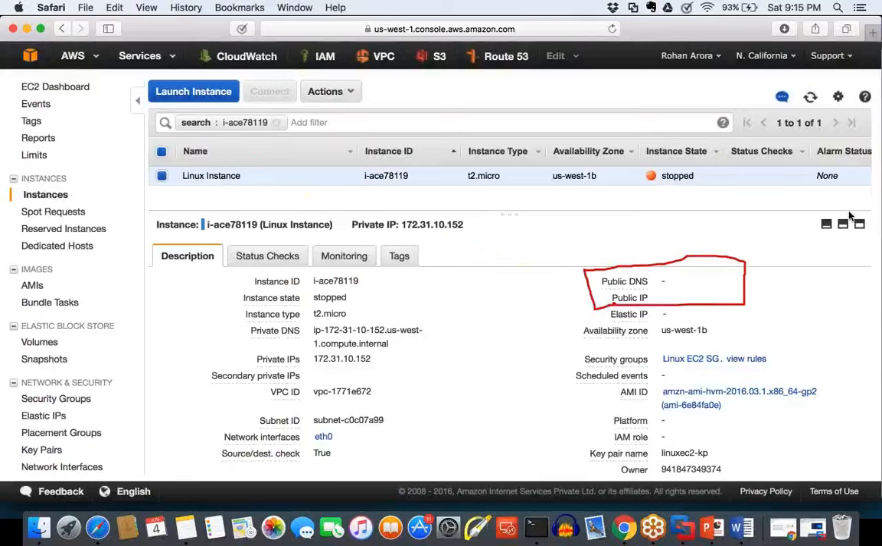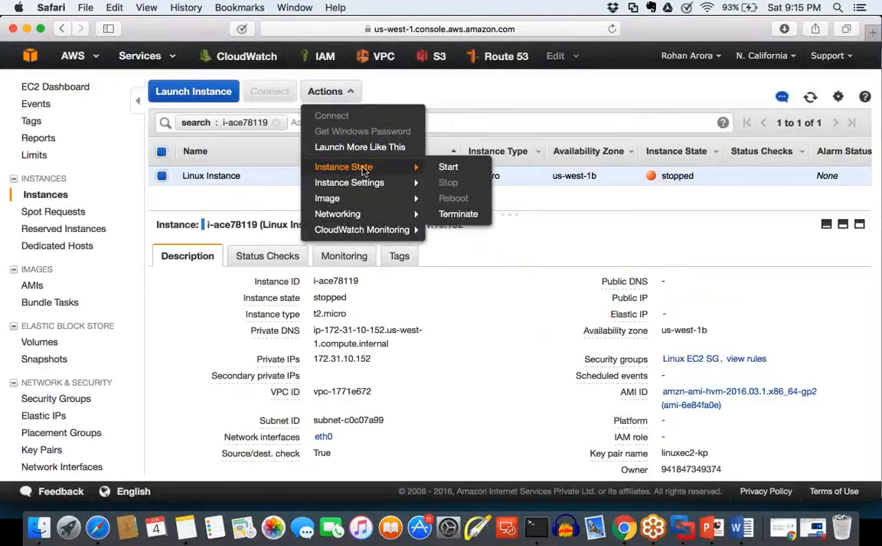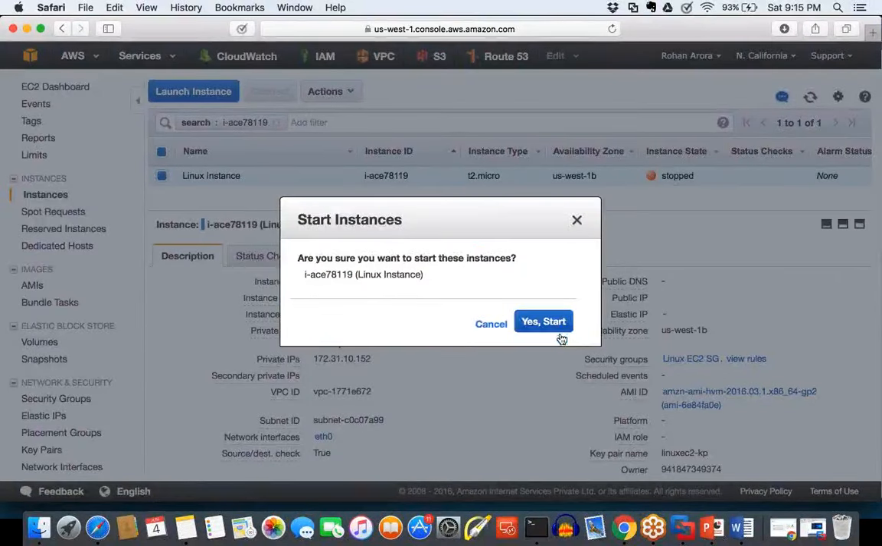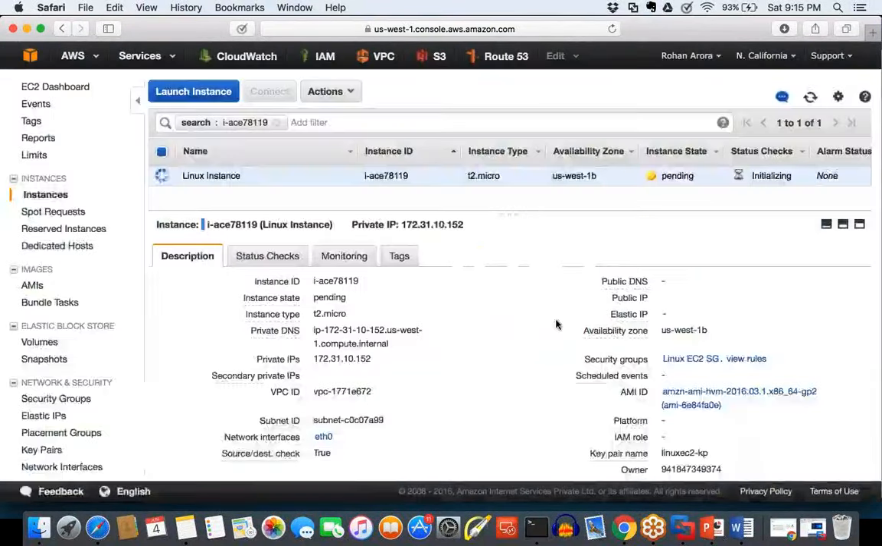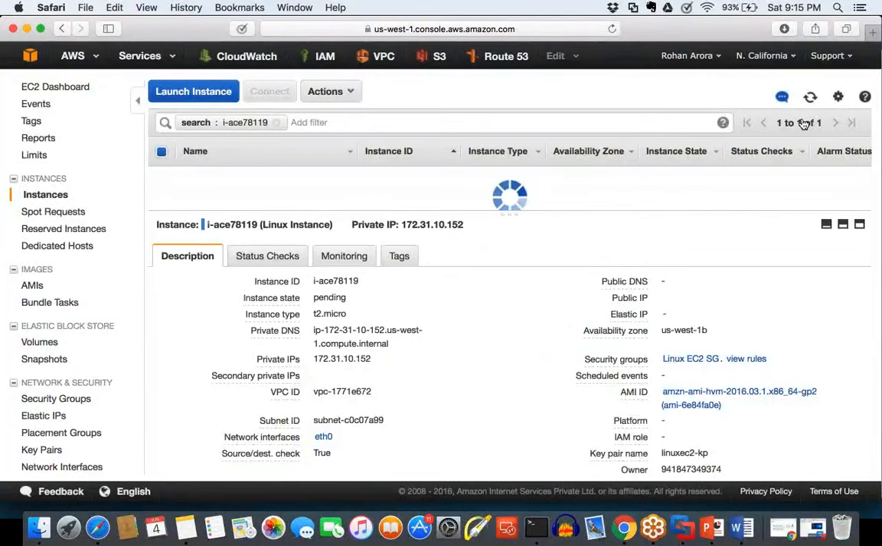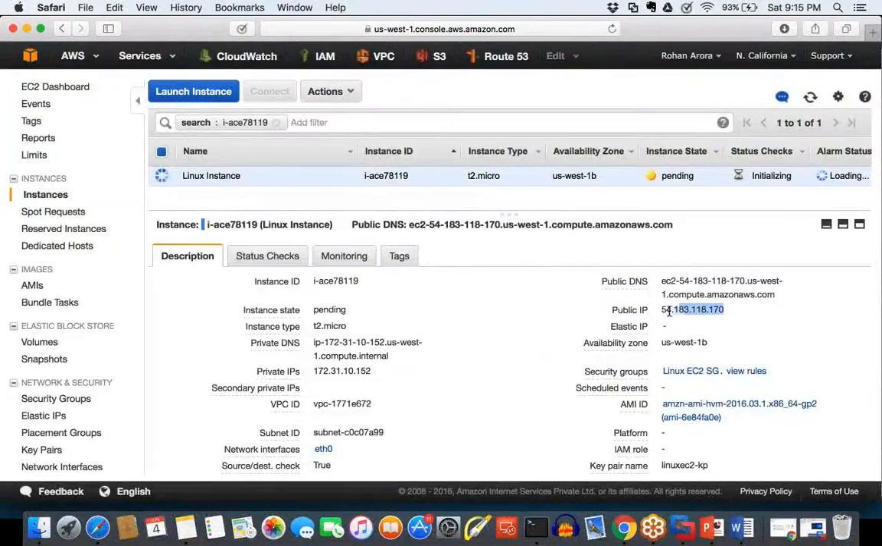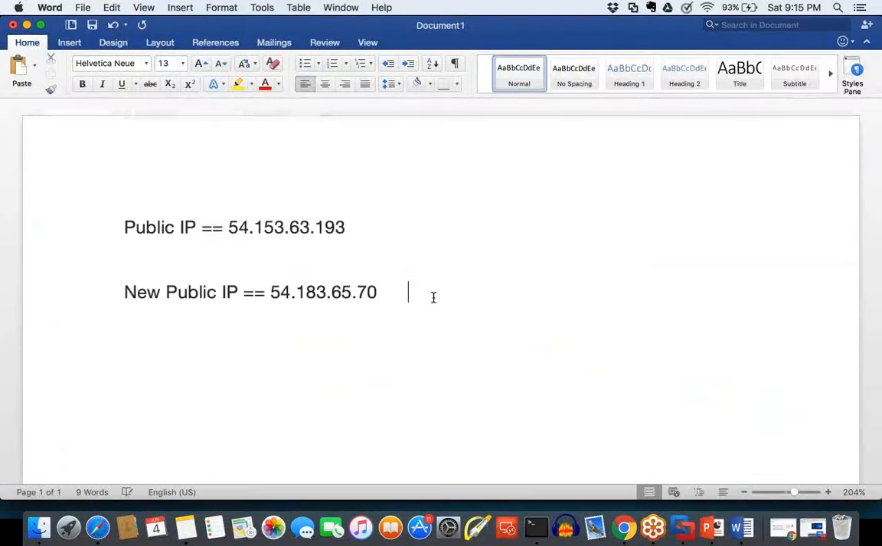Now if I just go ahead and start the instance again, I will see a new public IP. So let's see what public IP we're getting. Now we have got a new public IP. So every time you restart the instance, you will get a new public IP. Now this time we have a different public IP,